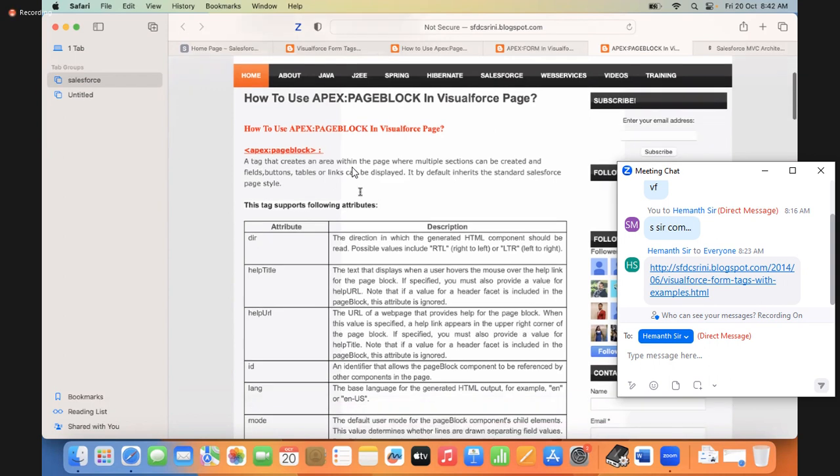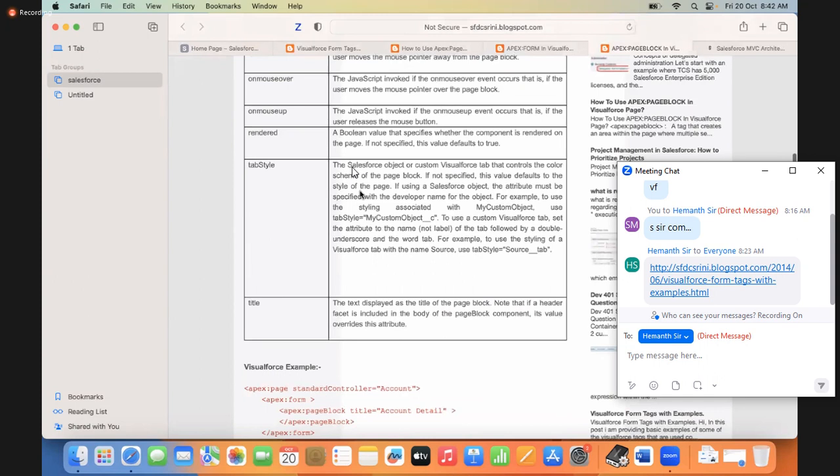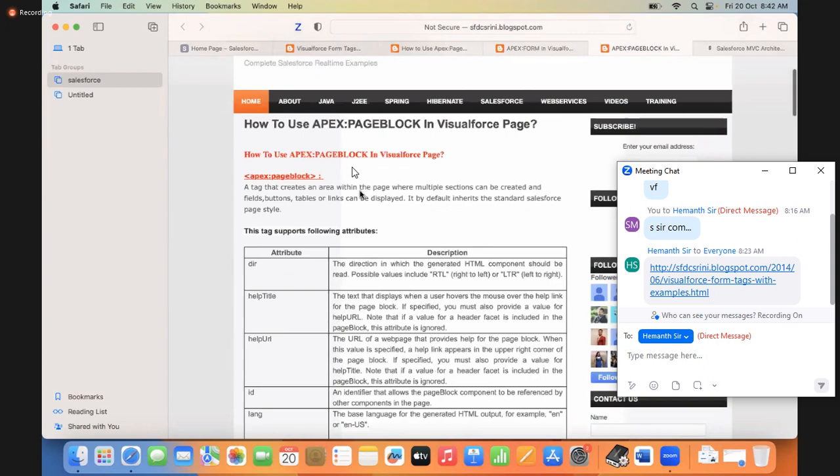Page block has these attributes. Under page block,